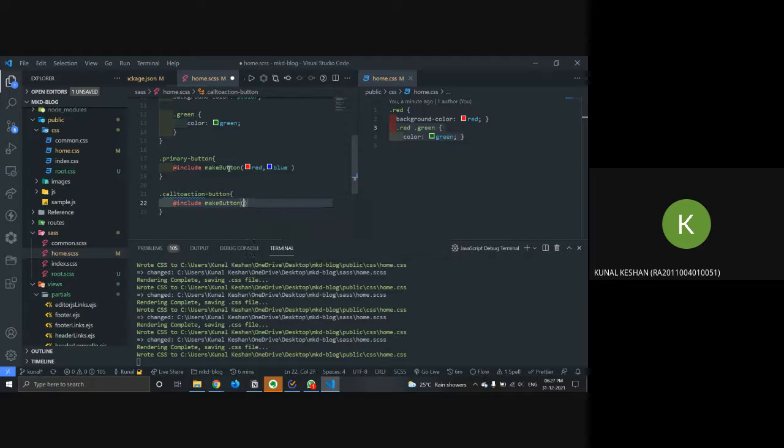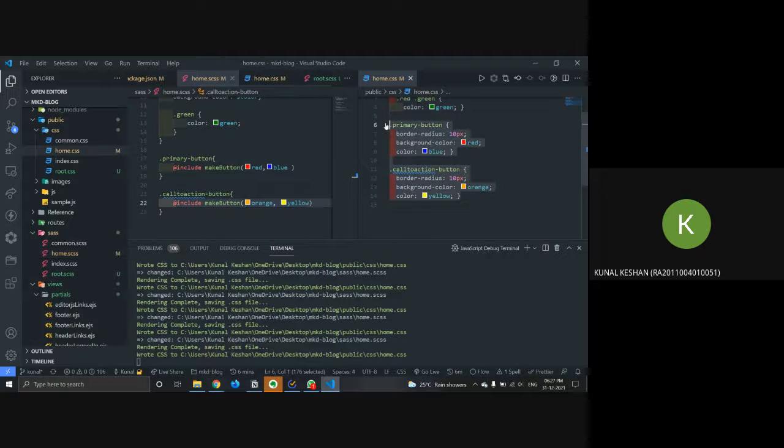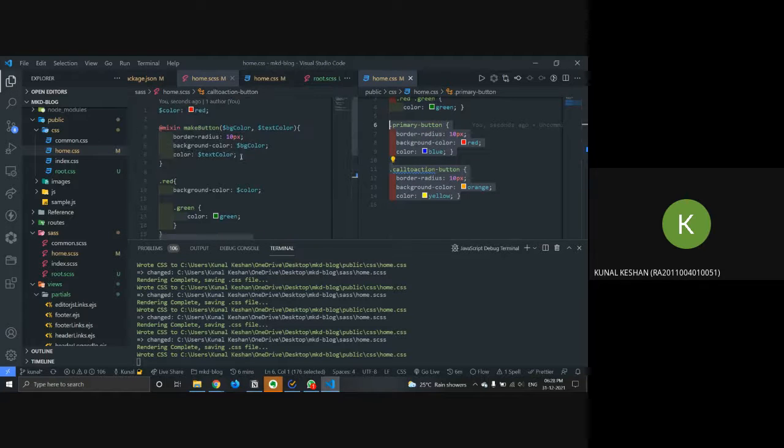This can be orange, and sorry, yellow in this case. Okay, so I'll save this, and you can see it automatically got those. I didn't have to write that much CSS. I just had to use a pre-built kind of function. It's a function for styles, and it automatically outputted it over here.